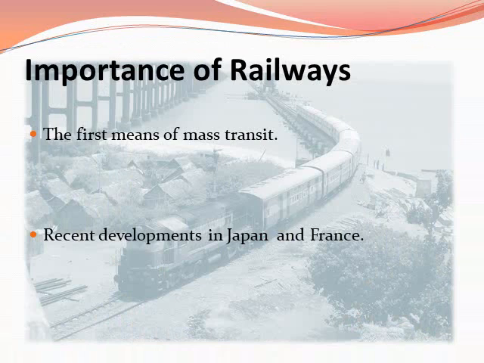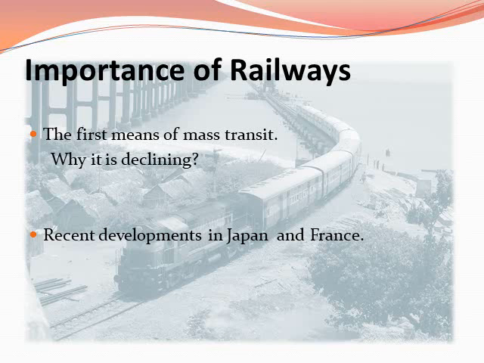So if we talk about its importance, then we come to know that railways were the first mass transit means of transport, which is now declining. Here transit means if people or things are in transit, they are traveling or being taken from one place to another. Transit is basically another word for transport. So transport means moving people or goods from one place to another, and transit means moving people or things for traveling from one place to another. Alright,